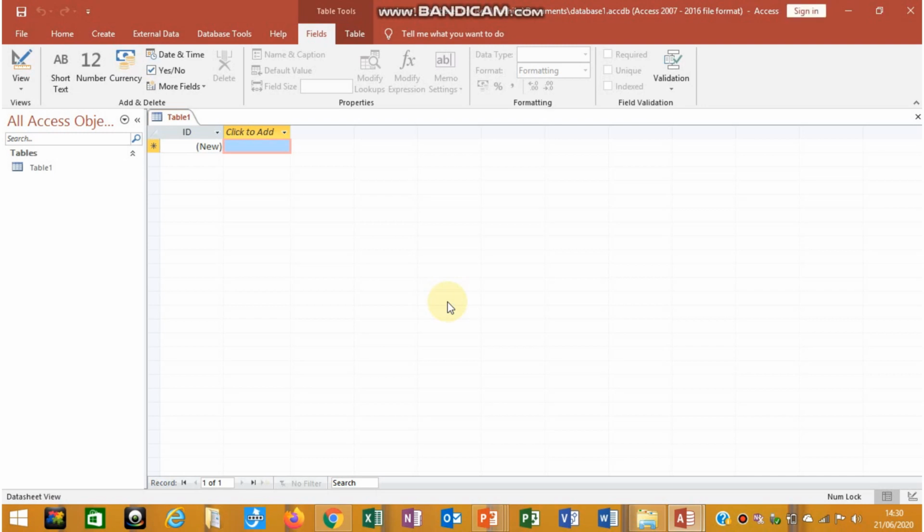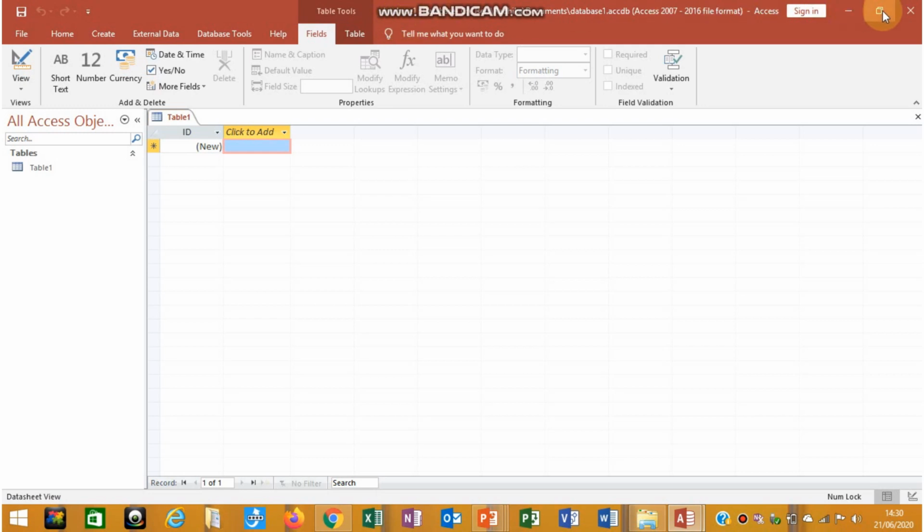After clicking on the create option, this is the next window that you are going to get. Fine, this is the process for opening the MS Access and creating the database. So this is your database 1. Here on the top you can see the database name that you have given. This is the database that you have created.